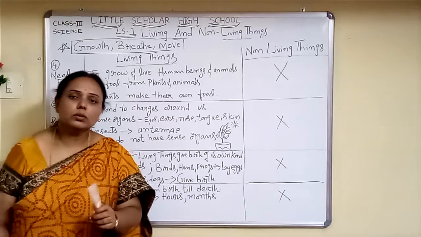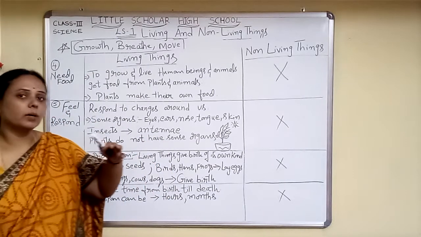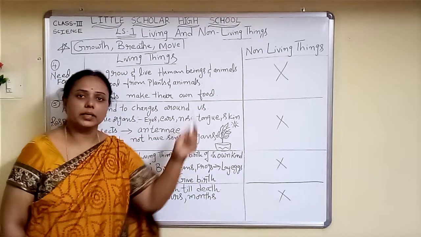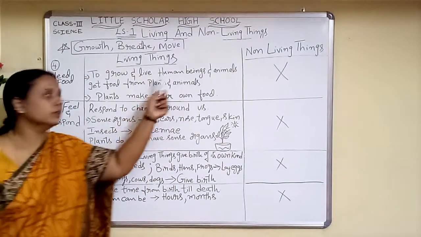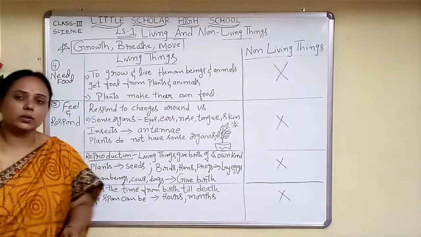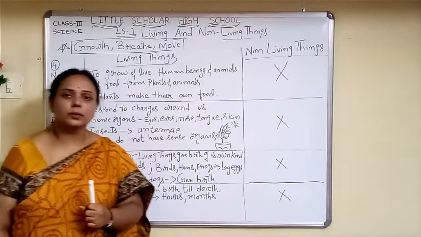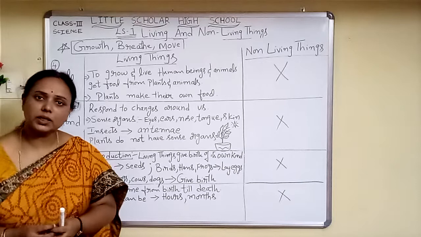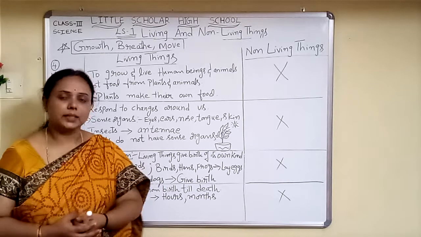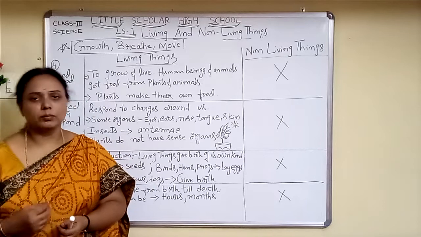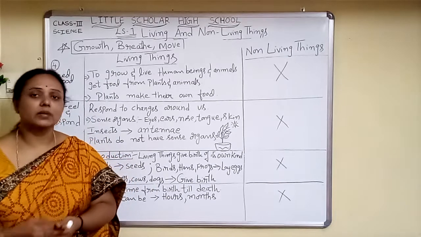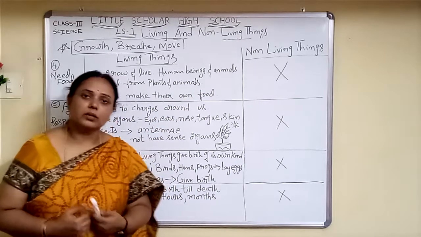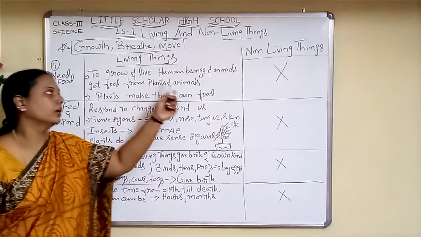Now when we come to the food habits, or how human beings and animals are getting their food: human beings and animals are getting their food from both plants and animals. That means when we look at our food items, we consume different kinds of vegetables, fruits and all. From where are we getting this? This we are getting from the plants. And we also consume some animal products like egg, milk and meat. And from where are we getting this? This we are getting from the animals. That means we are getting food from both plants and animals.